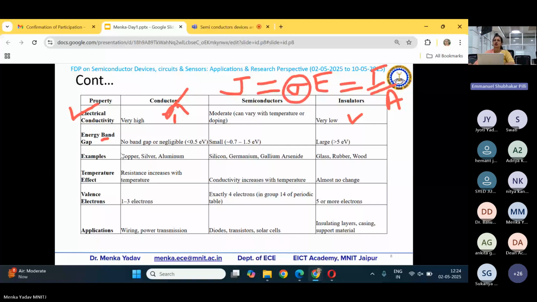Yeah, I'm sorry. So energy band gap means the band gap between the valence band and the conduction band. Valence band is fully occupied, in which electrons are completely bound, with no freedom. In the conduction band, electrons are free to move here and there, contributing to the current, especially in conductors. So basically the energy band gap is expected to be overlapping in conductors.